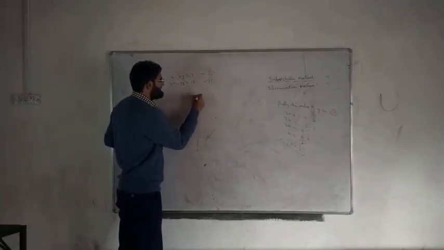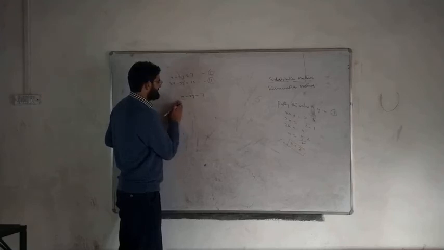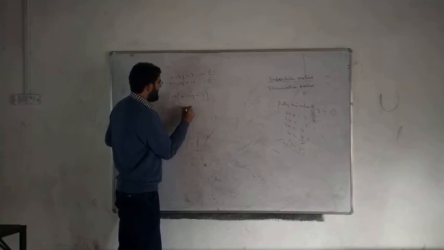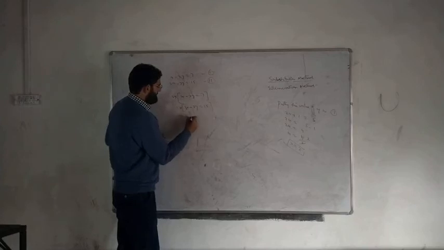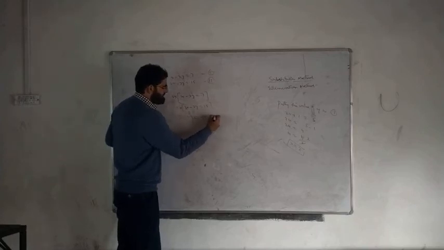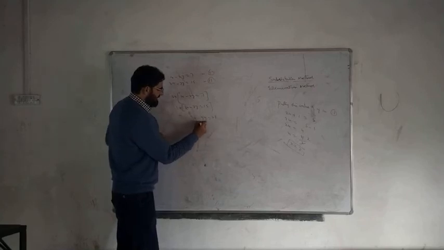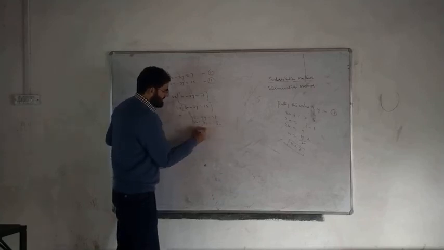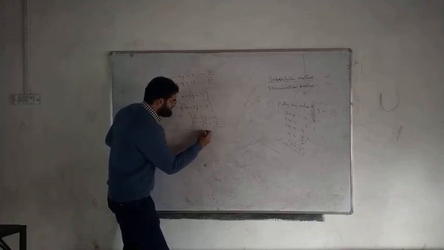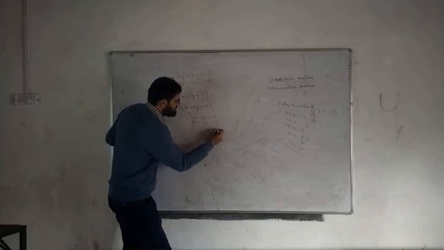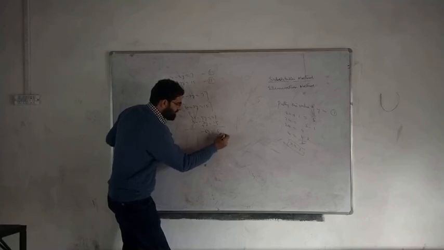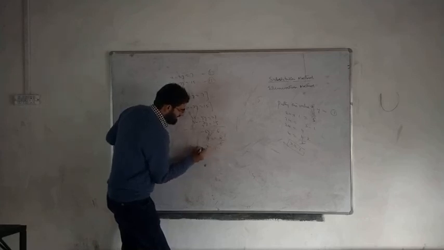x minus 3y is equal to 7, multiply this by 3. And 3x minus 3y is equal to 15, multiplying this by 1. And we are left with 3x minus 9y is equal to 3 7s are 21. This is 3x minus 3y is equal to 15. Subtracting, this will become minus, plus, minus, cancel. This is minus 6y is equal to 6, and y is equal to 6 divided by minus 6. Minus 6 and 6 will go. y is equal to minus 1.